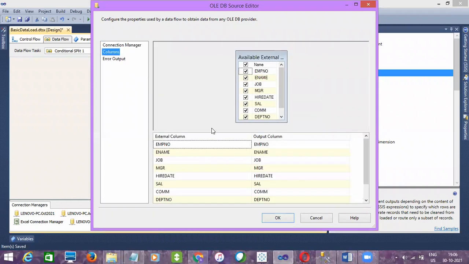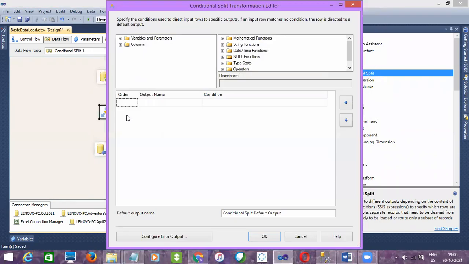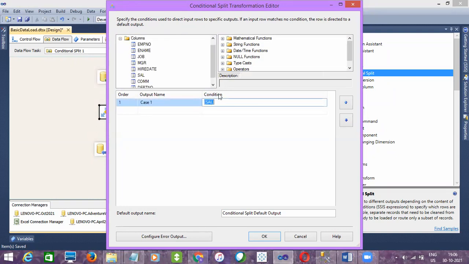Go to columns. Let it be. Click on OK, and now I'll give conditions here. The conditions are salary less than 5,000. And the other condition is salary greater than 10,000.